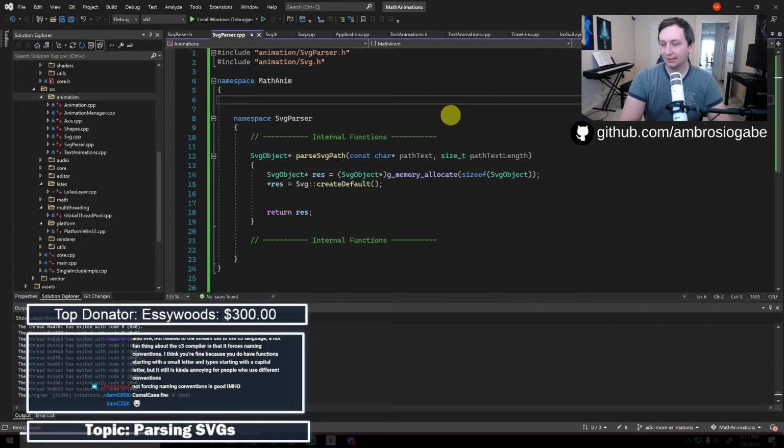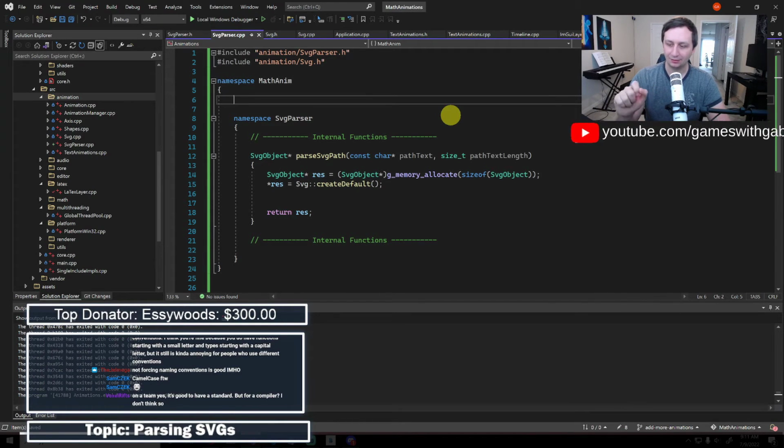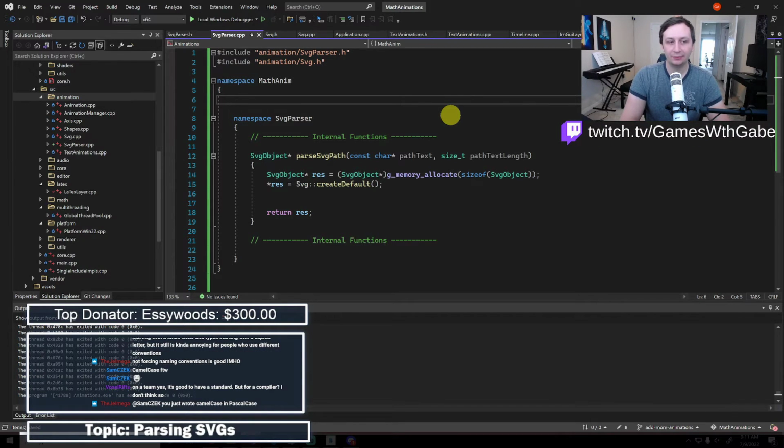I guess if you want to come up with your own standard, I can see that as not forcing naming conventions, but I think team-wise having linters is good. Yeah. On a team, yes, it's good to have a standard, but for a compiler, I don't think so. I don't know. Even with that, I've had so many different coding styles. I would appreciate it if the compiler just fixed my code to all match the same thing.